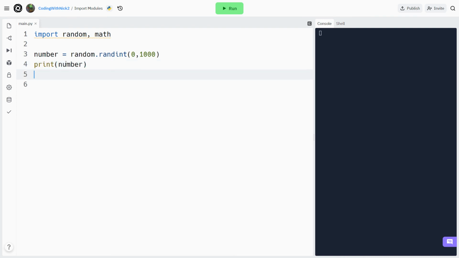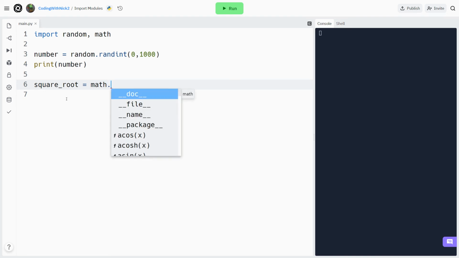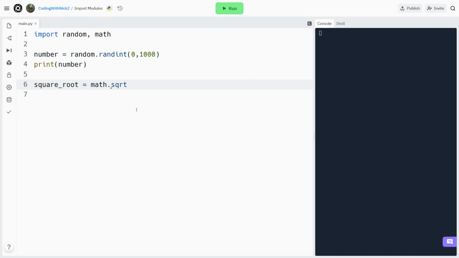Now we have to calculate the square root of that number. For that we have to use the math module. Square root is equal to. Since we don't know which function to use, we will take a look at all the functions the math module offers by typing math dot. Now, a list with all the available functions pops up and we can see them all. We can see a function named sqrt.